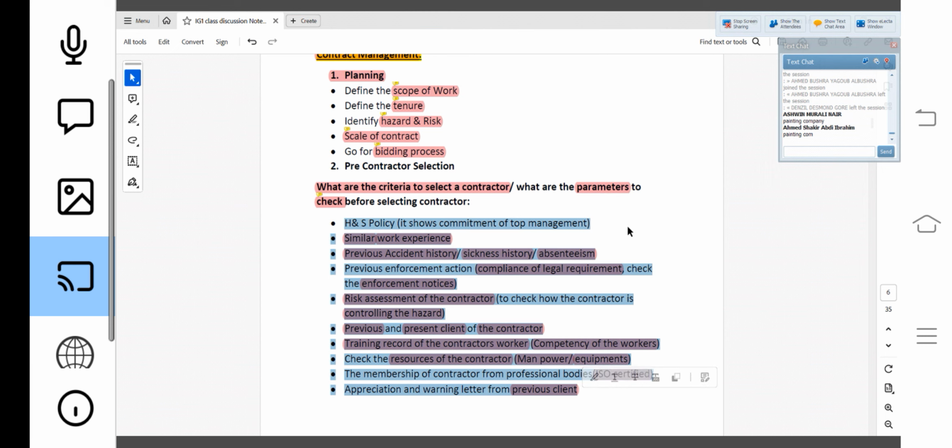So I will give the contract to the company that is meeting this criteria. Out of 10, whoever is meeting this condition, I will give the contract to him. Understood? This is a very important question. You can mark it as an important question.